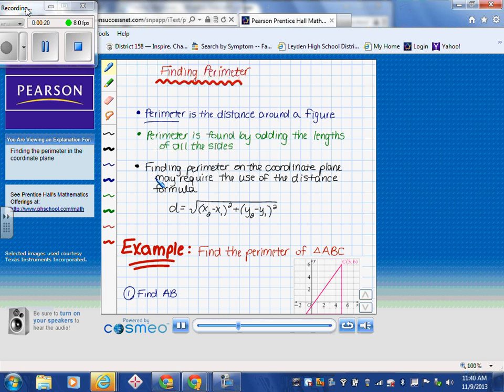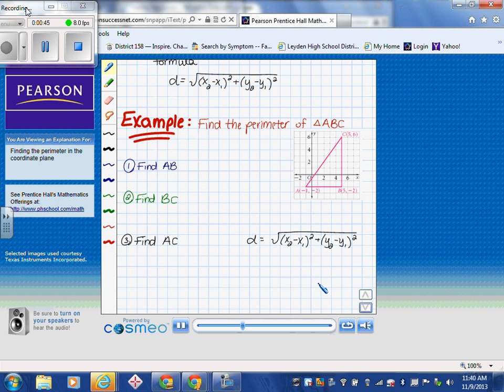Now, to find perimeter on the coordinate plane, that may require you to use the distance formula so that you can find the length of your sides. Recall the distance formula is equal to the square root of x2 minus x1 quantity squared plus y2 minus y1 quantity squared, and we will use this in our example. Let's take a look. We want to find the perimeter of our triangle